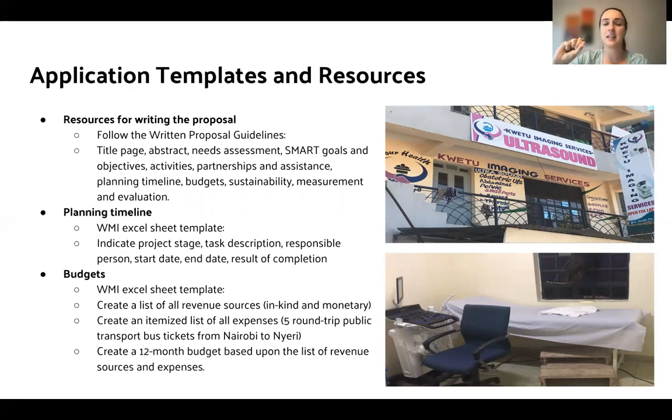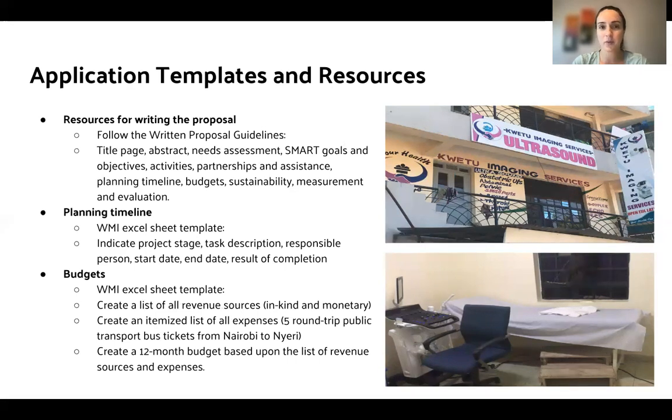Did the applicant define their beneficiaries? Did the applicant provide information in regards to a needs assessment? So definitely follow the written proposal guidelines. There's also a planning timeline, which is a WMI Excel sheet template to download. And there's a budget sheet, which is a WMI Excel sheet template to download.